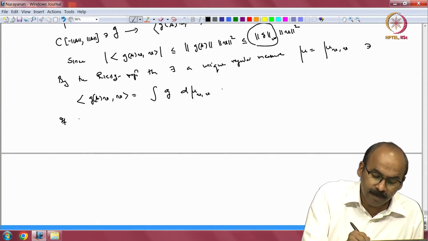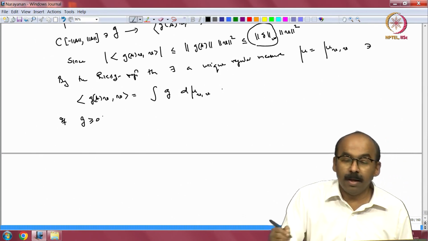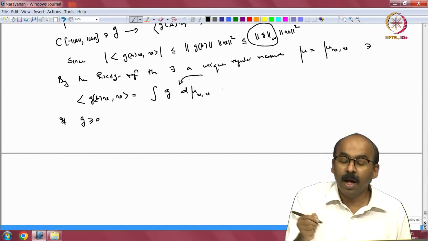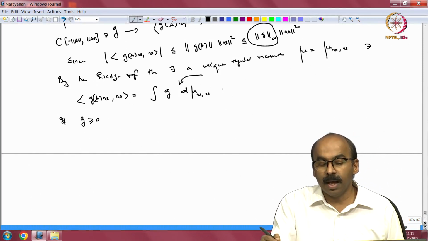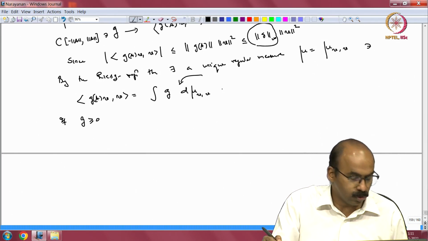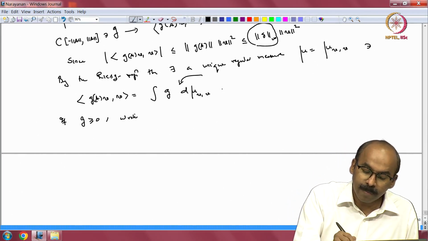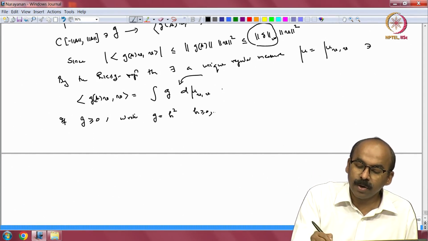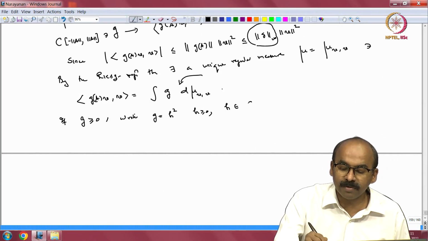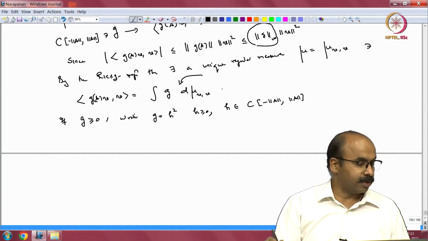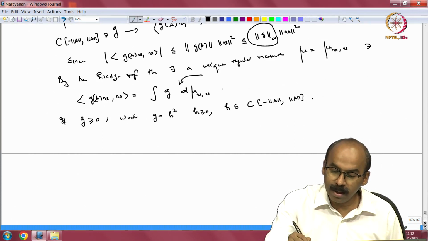if g is positive. So, how do we show that the measure is positive? We look at this: if g is positive, I want to say this integral is positive, and so the measure will be positive, right. So, if g is greater than or equal to 0, write g equal to h squared, where h is greater than or equal to 0 and h is also a continuous function, right. The square root will be a continuous function if I have a positive function, right. So, that is all there is, and